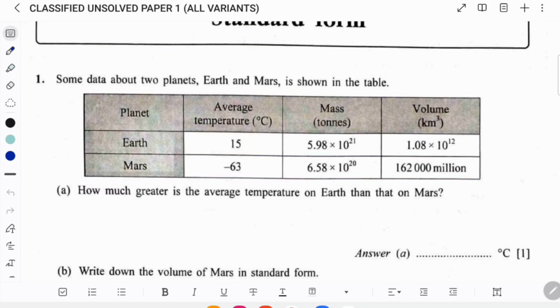Some of the times they give you questions like problem solving. You will have to identify whether we have to add, subtract, multiply or divide. Obviously, how much is greater, so you are going to compare. So here we will do the subtraction: how much greater the average temperature on Earth